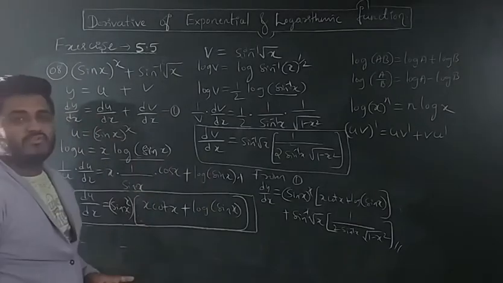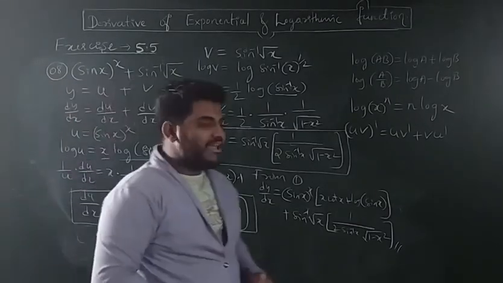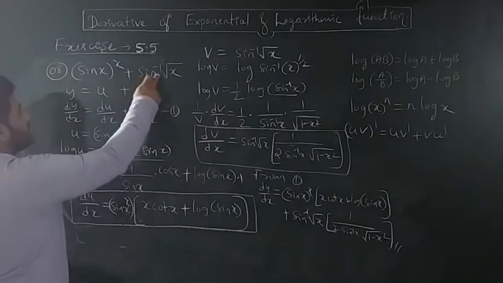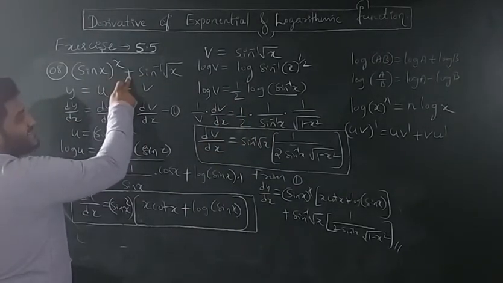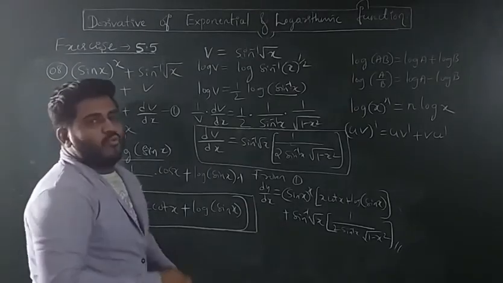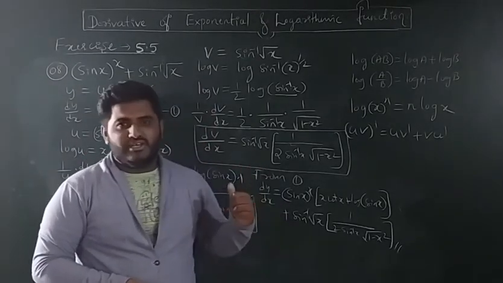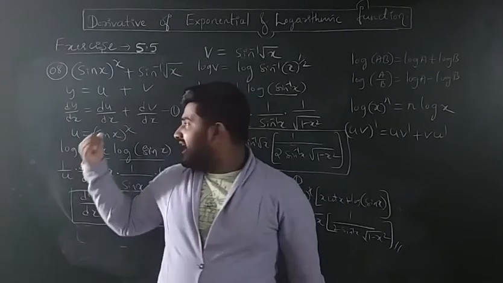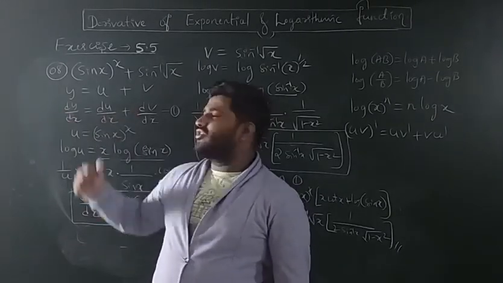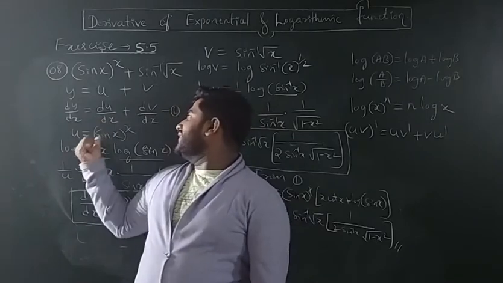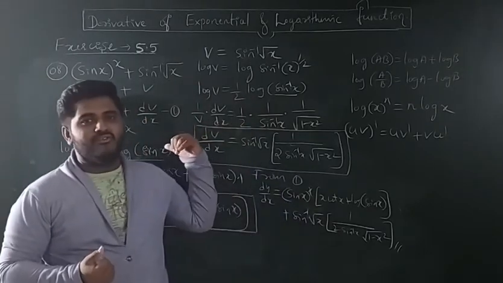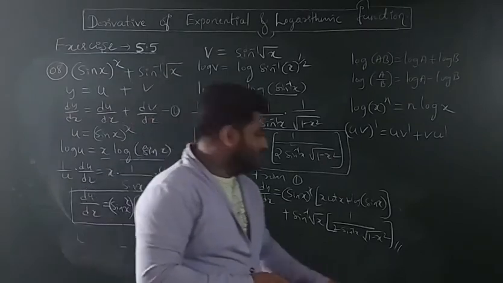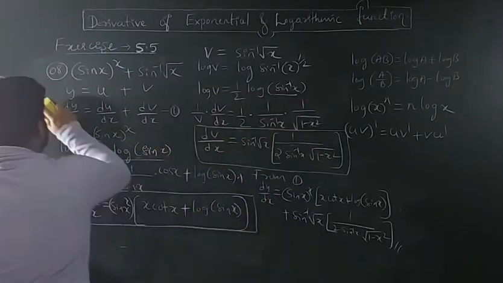Question number 8 is over. Now we'll switch to the 9th question. I hope you are getting the points. Whatever the functions, if a plus or minus sign comes in between two functions, we have to go through this procedure: first function as u, second function as v, dy by dx equals du by dx plus dv by dx. Finding du by dx and dv by dx and substituting in equation number 1, we get the respective answer, right? Next question is question number 9.